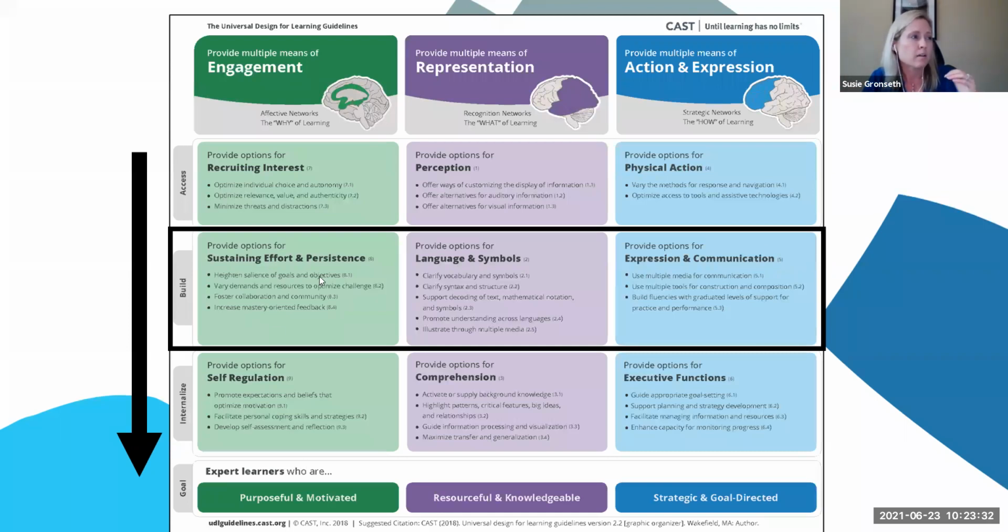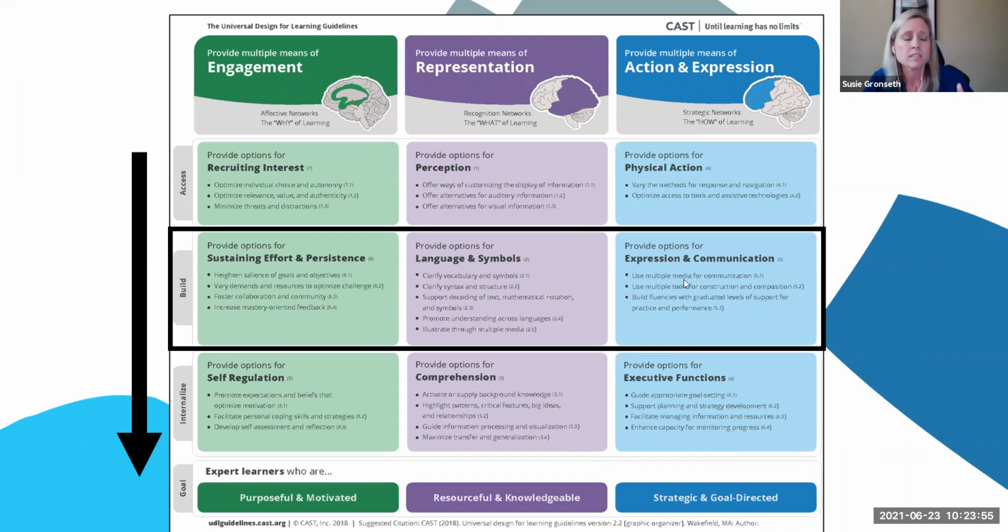And you see, it's really hard to see in the big picture, but in this level is where collaboration comes in, community building. Within that, how can we support that within the learning experience? Helping them return to the goals so that they can monitor and make progress toward their goals.